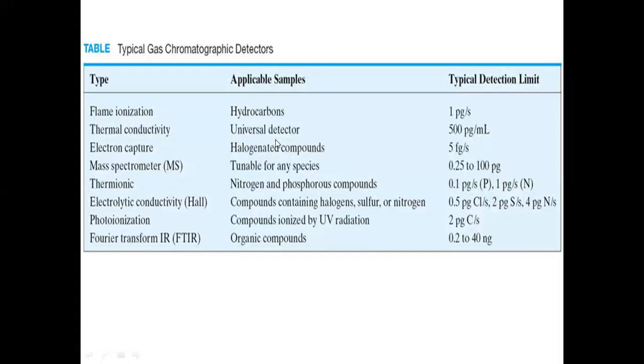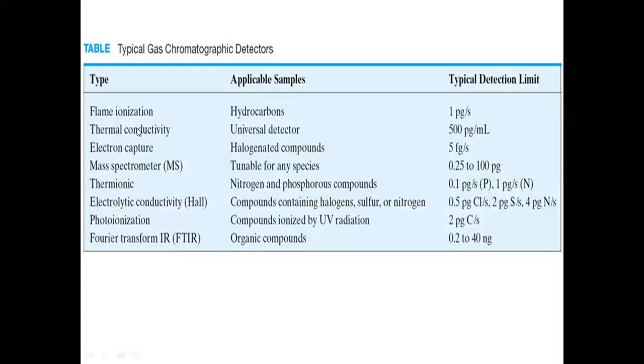This thermal conductivity detector is also called the universal detector for gas chromatography, because almost 95% of the solutes which are separated by gas chromatography are able to be detected by this detector. That's what it is, a universal detector. Almost all gases, non-ionizable compounds containing metal, organic compounds containing up to 25 carbon atoms, and organometallics, right? All these compounds can be detected by the thermal conductivity detector. That's why it is called the universal detector.